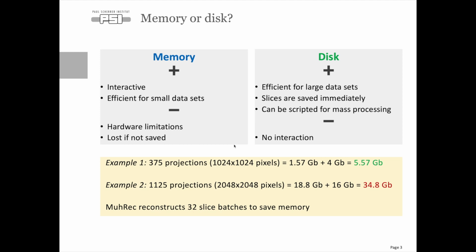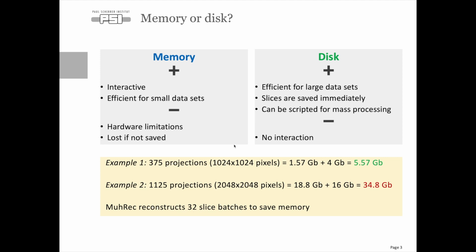On disk, on the other hand, you have an operation which is very efficient for large data sets. The slices are saved immediately, and you can also script the processing, and in that way you can reconstruct several datasets with more or less the same settings. But the disadvantage, of course, is there is no interaction, so you have to know what you're doing. So mostly there is the workflow: you start reconstructing to memory, and when you have set everything you want, then you reconstruct to disk to do